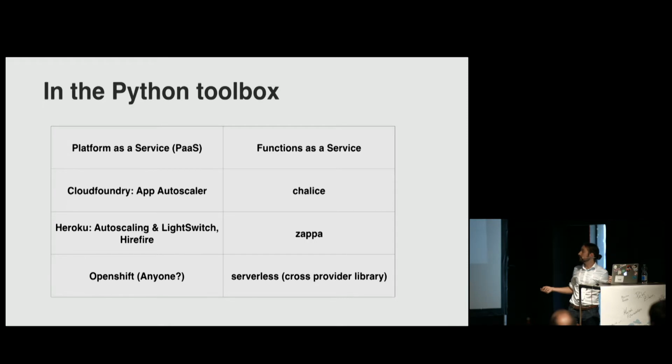Now, Serverless, which is seen as the new kid on the block, works with Google Cloud Platform, AWS, OpenWhisk from IBM and Bluemix, and I think another thing called Funktion, which is an open source take on this stuff. That's cross-language and cross-provider. So you might want to look at those ones as well. And also, I think all these now run on Python 3, so woohoo, at long last.